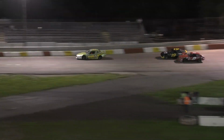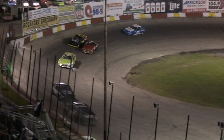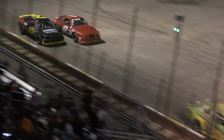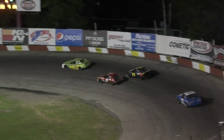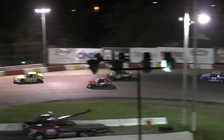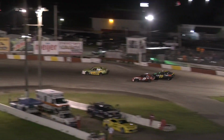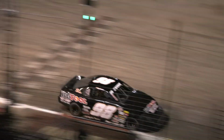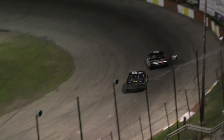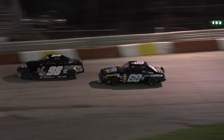But it's that 98 car of Kelly Evank trying to hold off Steve Erickson Jr. Rood looking to make his move on the inside of Pearson, coming around to try to grab that number 4 spot. As we are getting near the halfway point of our 20-lap American Short Tracker feature, brought to you by Miller Lite, it's still Kelly Evank, 2014 American Short Tracker champ, trying to hold off the pretty boy in that 68 car of Steve Erickson Jr.,